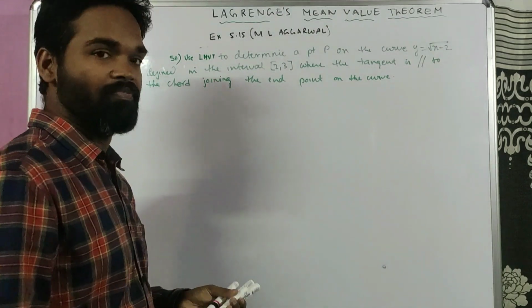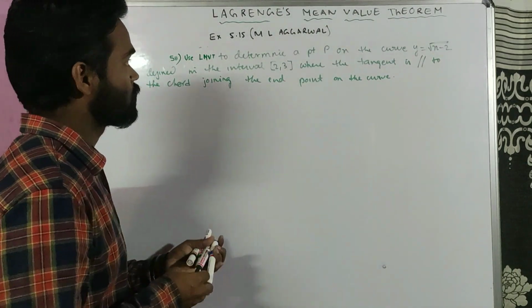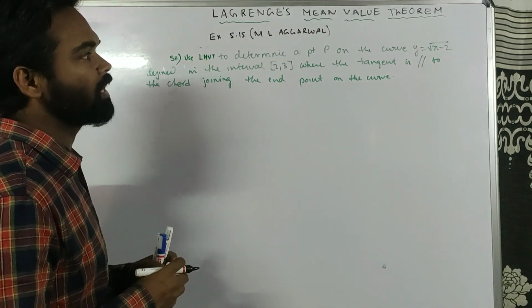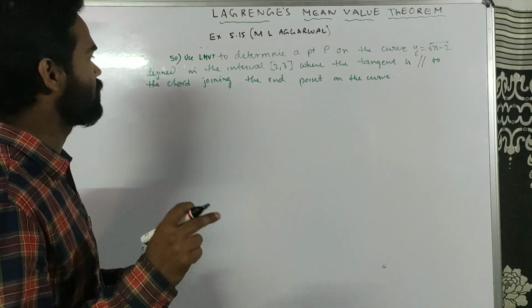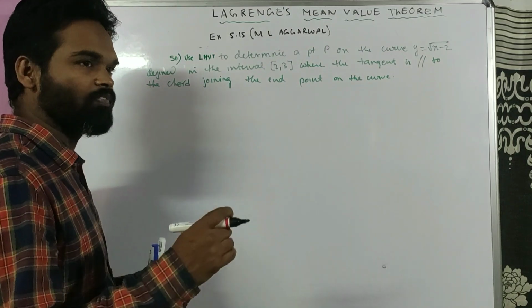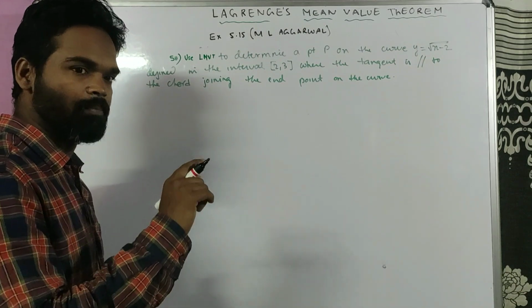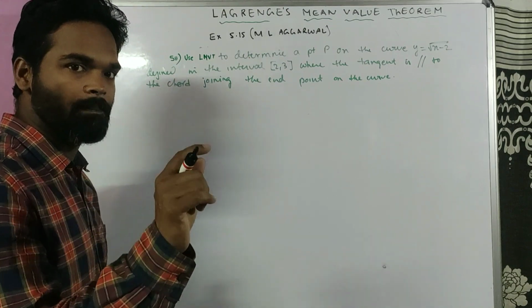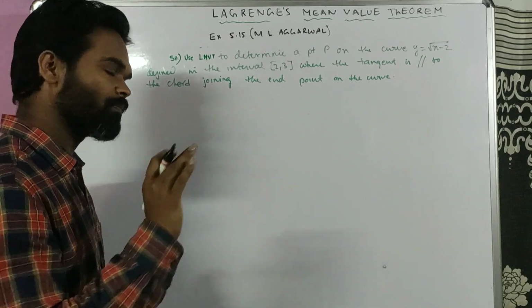Now look at sum number 5 part 2, which says that use Lagrange's mean value theorem to determine a point P on the curve y equals root x minus 2 defined in the interval [2, 3] where the tangent is parallel to the chord. Which means first of all we'll verify Lagrange's mean value theorem. We'll find the real number C. Corresponding to C, we'll find the point P, where if you draw the tangent, it will be parallel to the chord. Step by step,